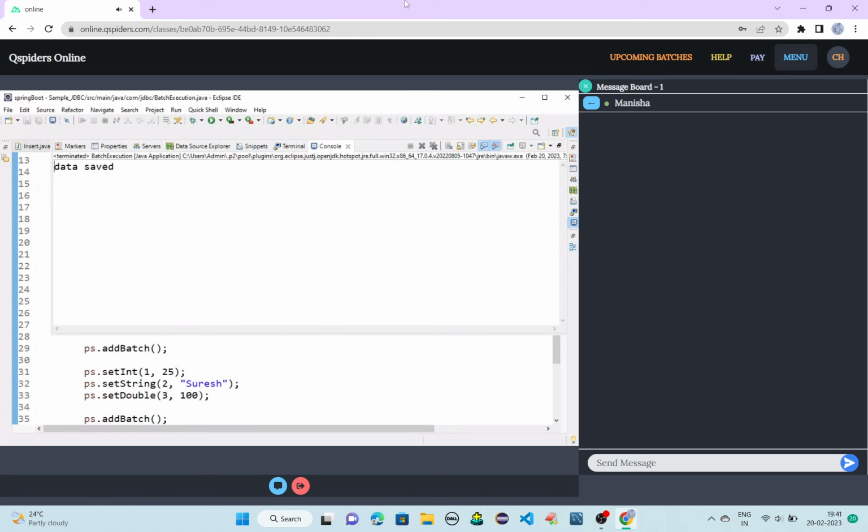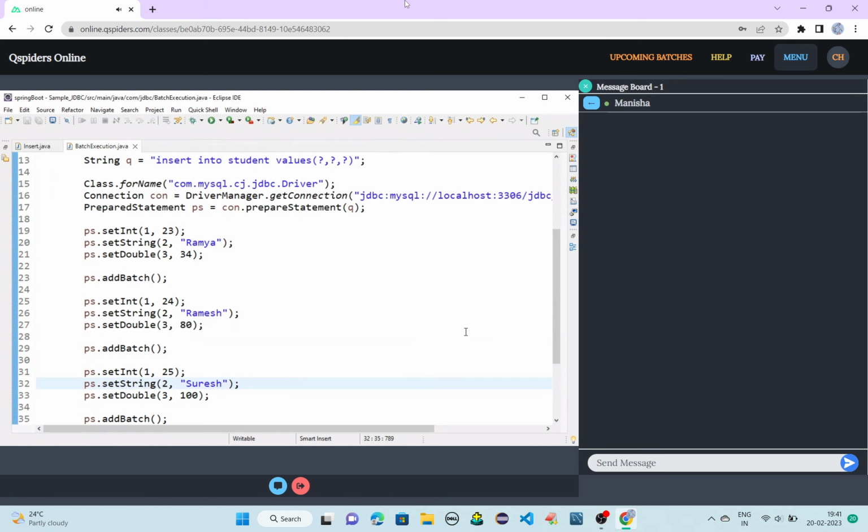Okay, can you people execute it? It is simple, right? For this callable statement and batch execution, I did not share the notes.